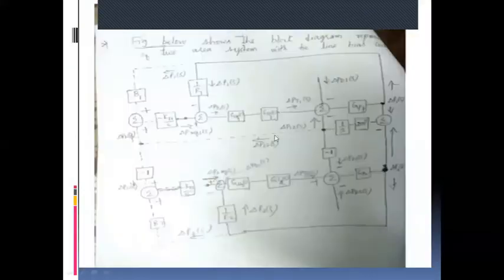After getting the transfer function from the block diagram, you arrange it such that you get s into delta F of s. This we obtained earlier. Now here we will have one more parameter, with respect to the change in power flow in the transmission line, which is what we have written here.